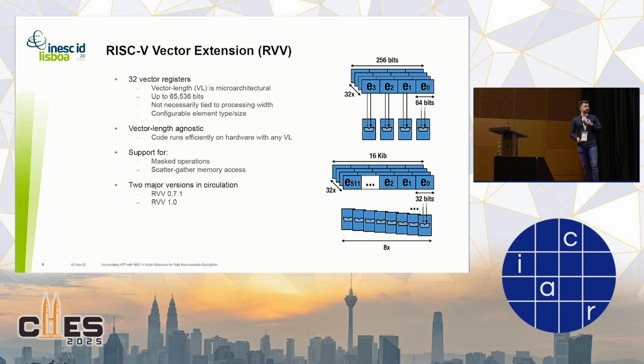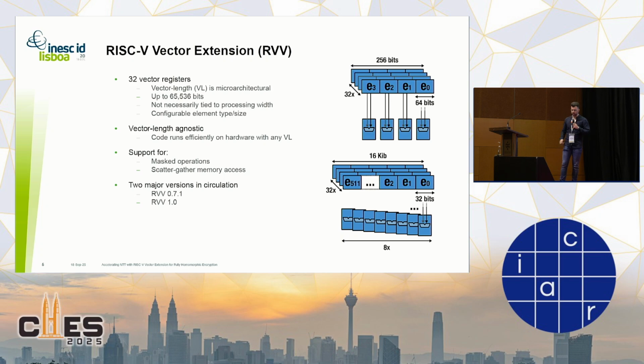Now, with RISC-V vector extension, you have 32 vector registers to play with. The vector length itself is microarchitectural, so each microarchitecture can define its own size of the vectors. It can get really large, up to 64K bits. And it's not necessarily tied to the processing width. So you can end up with 2 kinds of different architectures. The top one is a short vector, and you can process the whole vector in one go. While the bottom example here is a really large vector, but you only process 8 elements at a time, so